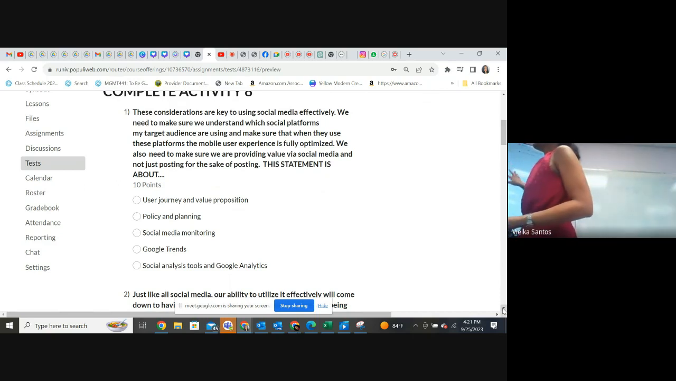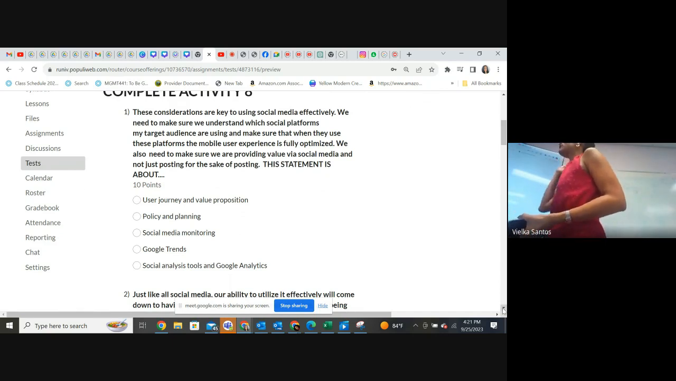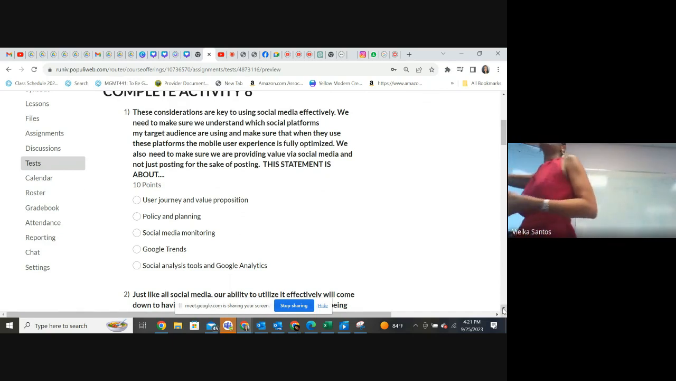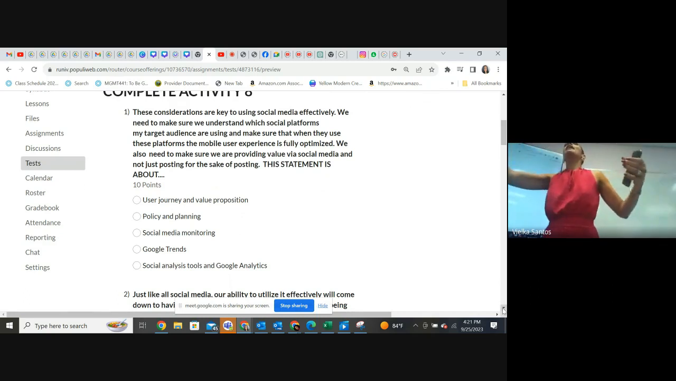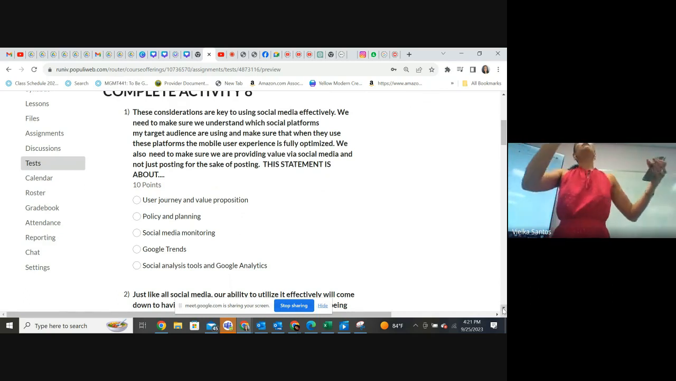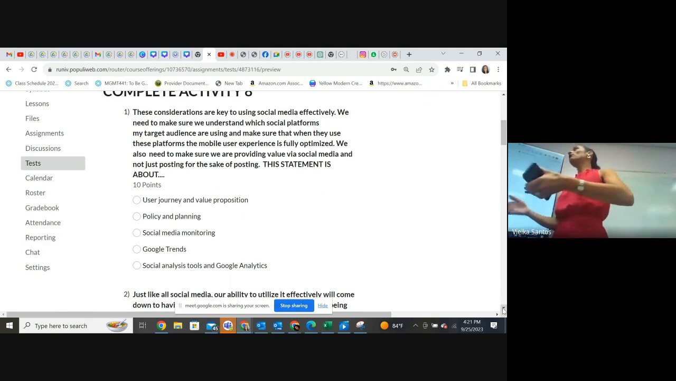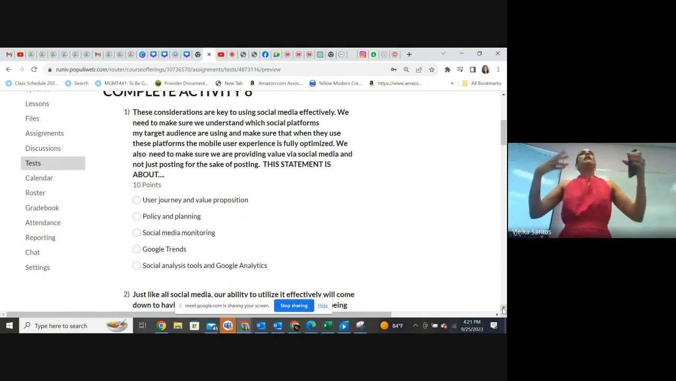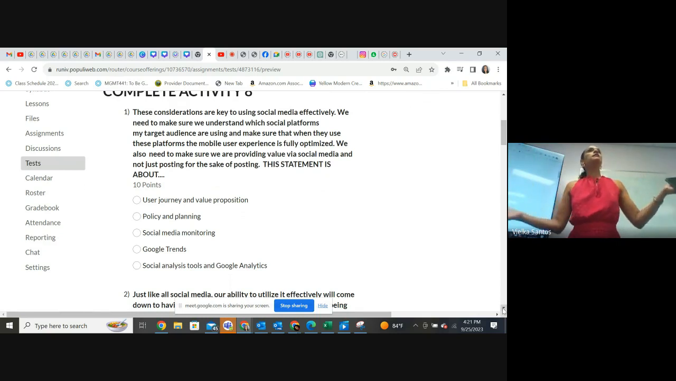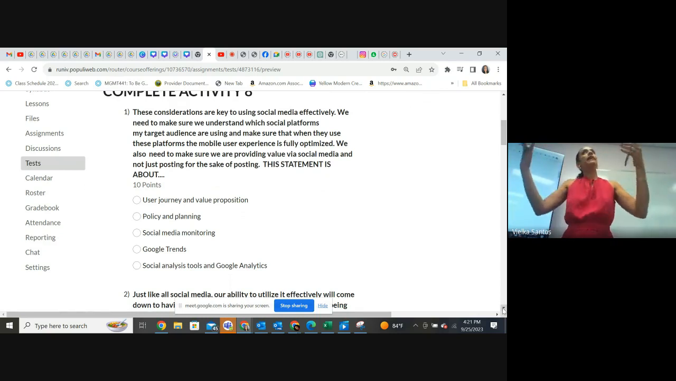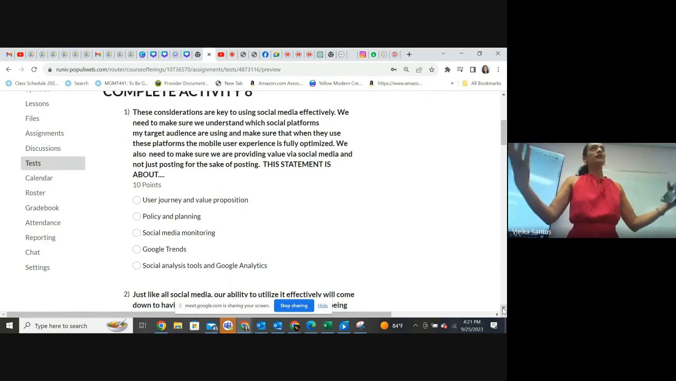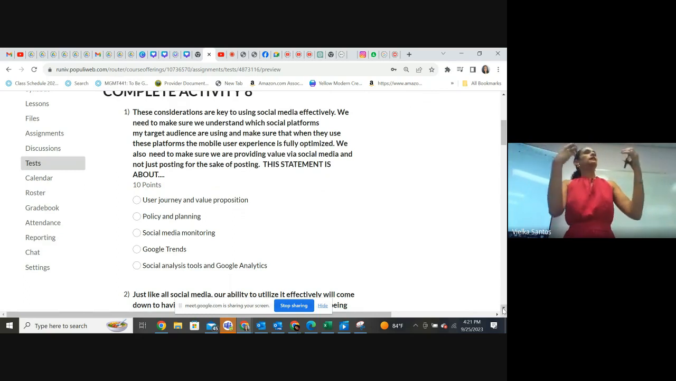These considerations are key to using social media effectively. We need to make sure we understand which social platforms will target my audience. Like I'm saying, put your mind on which social media will help you in your business, in your project. If some of you tell me, "Bielka, I cannot sell anything," I understand that, but my message that I want to give you every time is: choose a project and start to do it